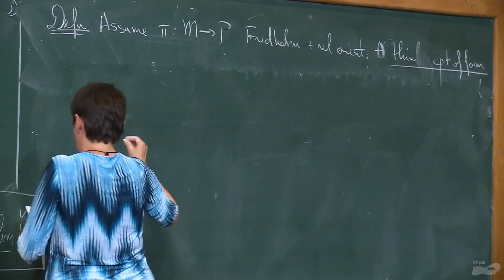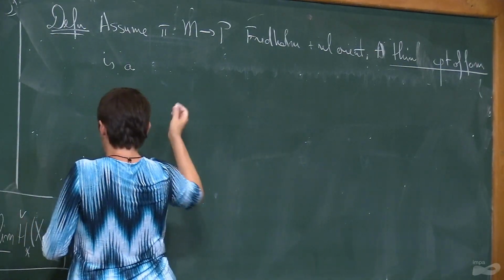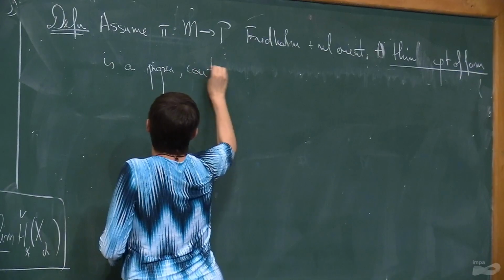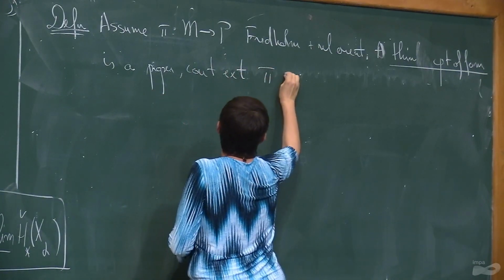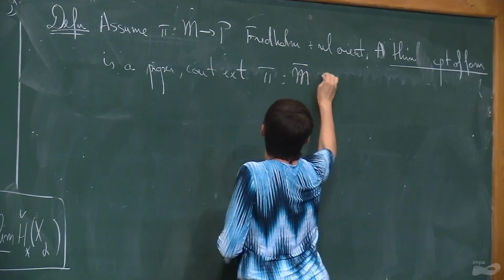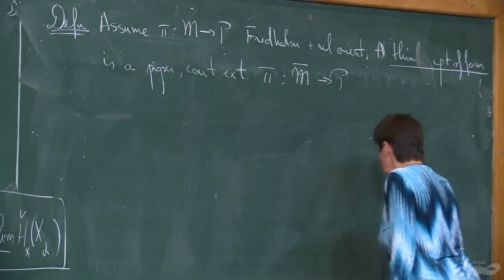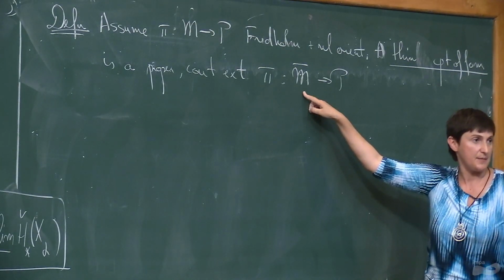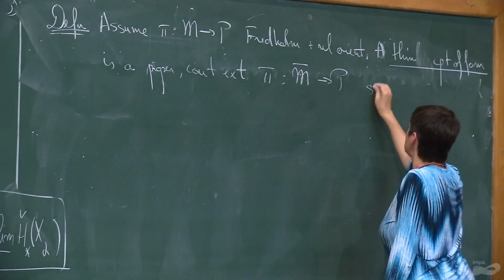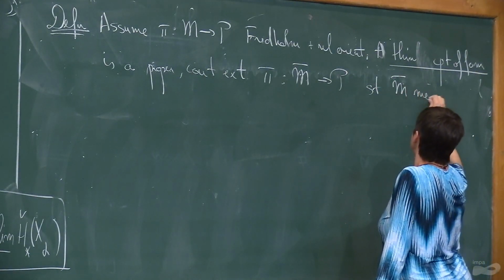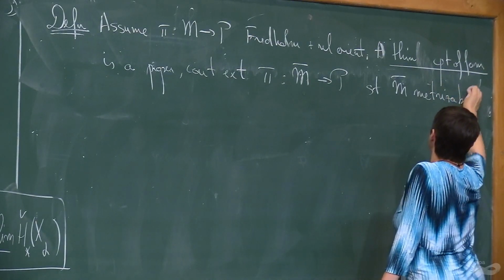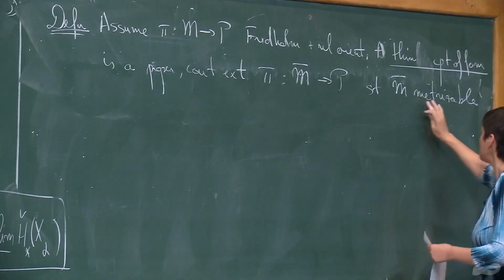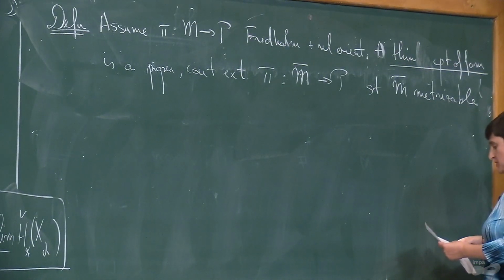is a proper continuous extension π bar. And just so that we don't have any trouble, I'm going to assume this guy is metrizable. Compact and metrizable means all these theories are the same. Such that M bar is metrizable. Most of the moduli spaces we care about are metrizable anyway, so it's not too much assumption. And